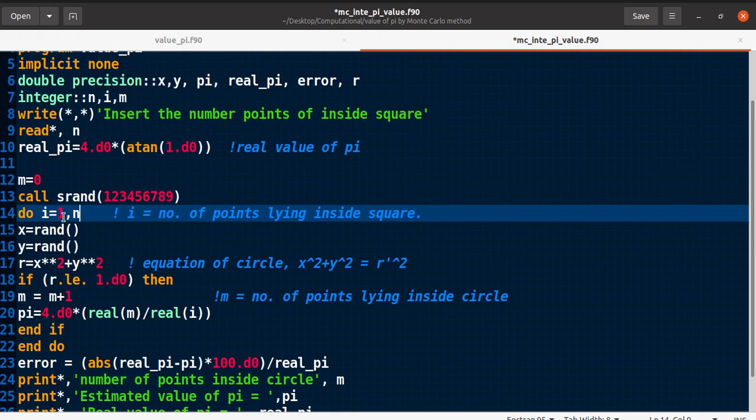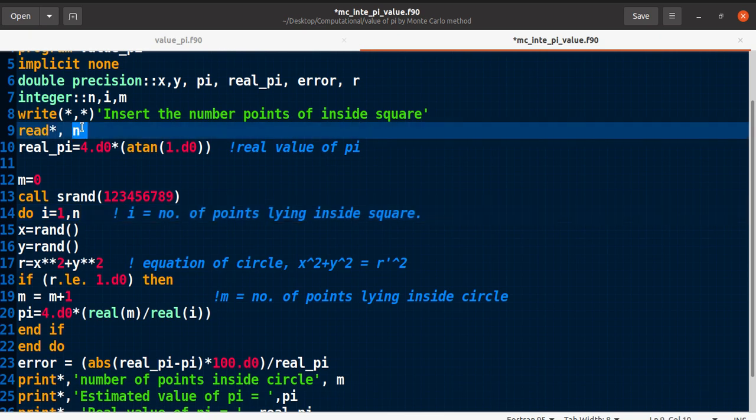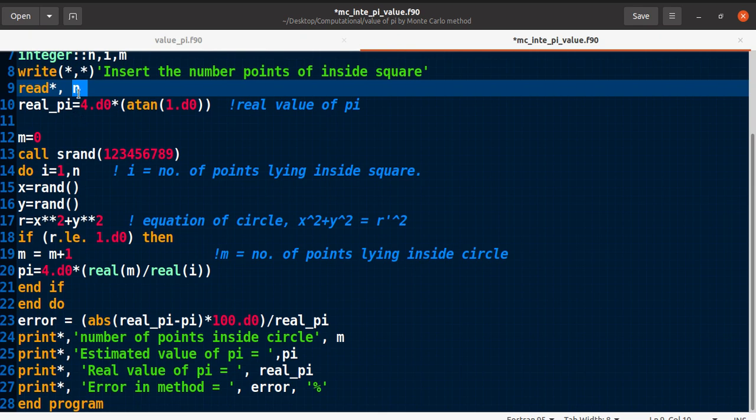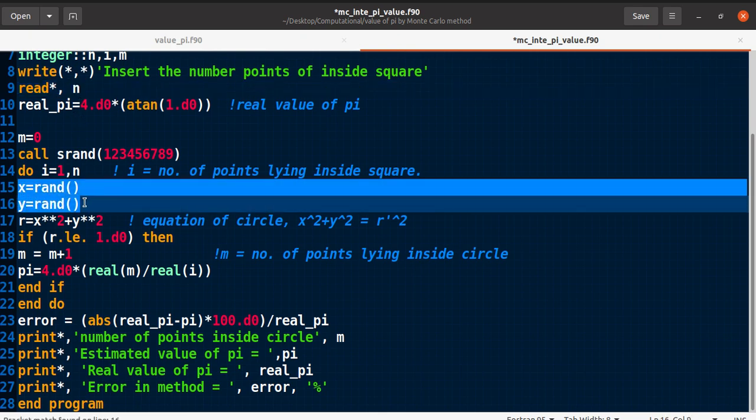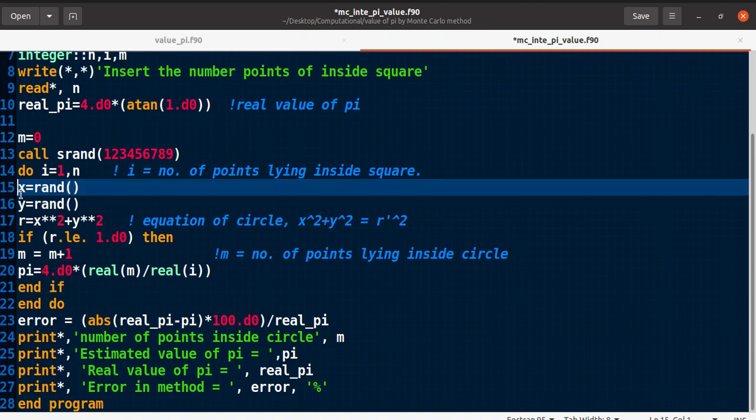Do loop works from I to n. N means the number of iterations, or the number of points we have provided for in the square. So I runs from 1 to n, and according to the value of n, the program will generate n pairs of x and y,